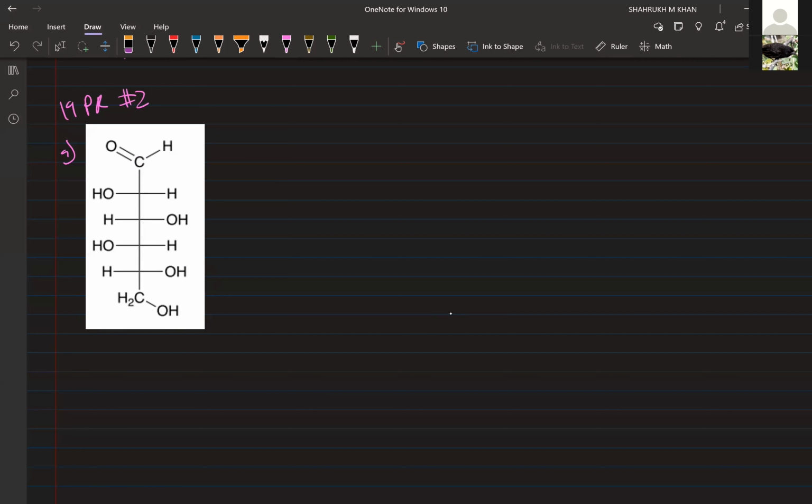Now, how to get the structure right, this is kind of what I do. I mean, you could redraw it or whatever. I have to redraw it here just to show this properly, but